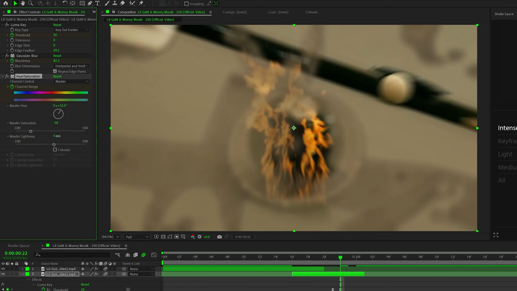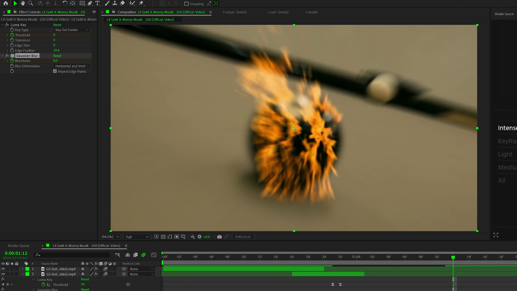And then I did the same process for that second clip, keyframing the Luma key, Gaussian blur, and then instead of tint this time, I brought on hue and saturation. That way I was able to match the color of the pool table just a little bit easier than with tint. And then lastly, I just moved on to that pool clip, bringing on Luma key, Gaussian blur, and tint again.